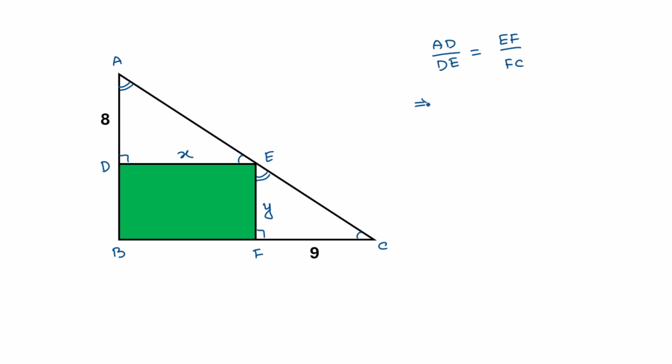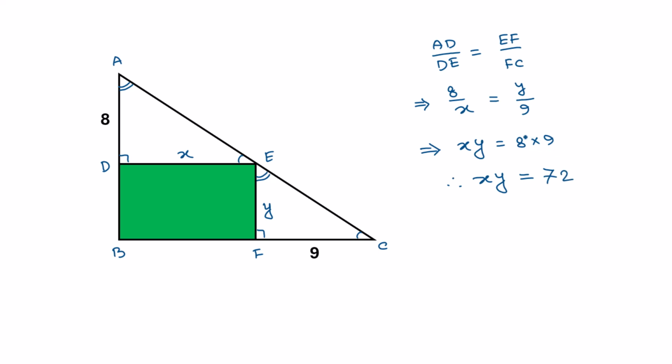Now substitute all of these values. AD, this is 8 units, over DE, we have considered this as x, so x is equal to EF, this EF considered as y, over this FC, we have been given FC is 9. Now applying cross multiplication, we can write x times y, this is xy, is equal to this 8 times 9. So the value of xy is equal to 8 times 9, which is